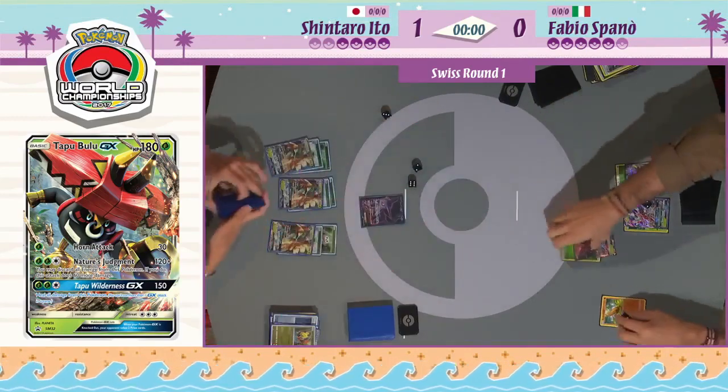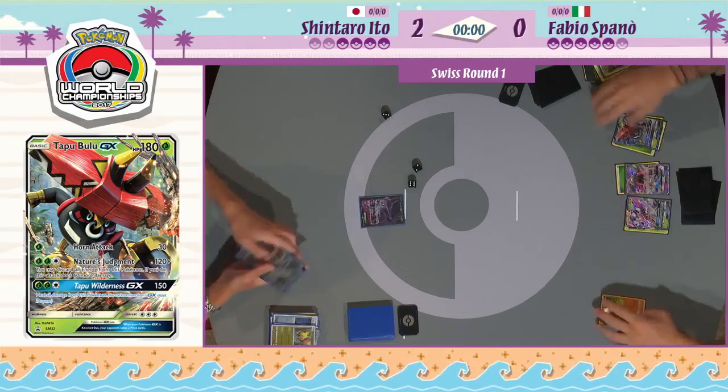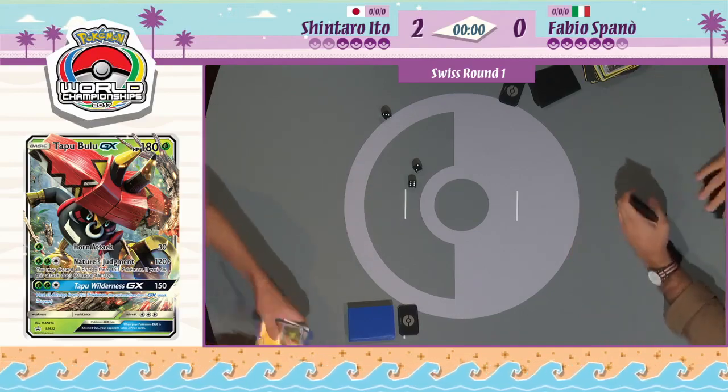And the handshake does happen, but both played very spectacularly. Really, it's not Fabio's fault that the deck didn't really perform the way it was supposed to. There was nothing he could do. Sometimes you get stuck with a